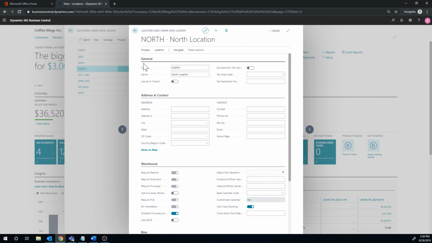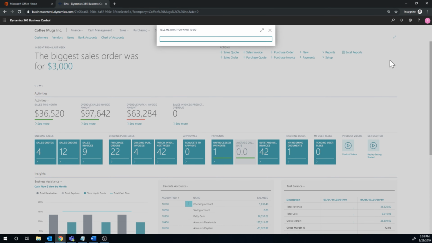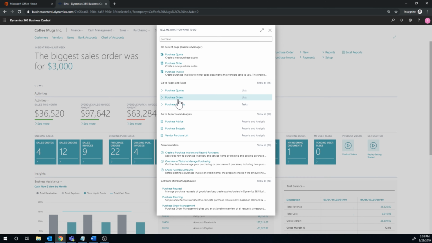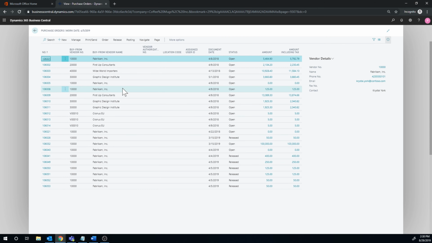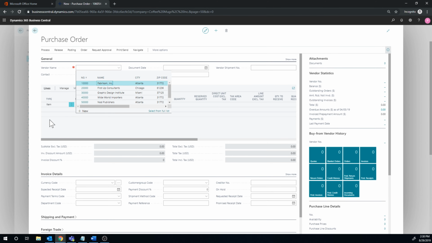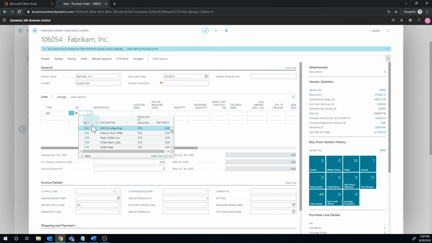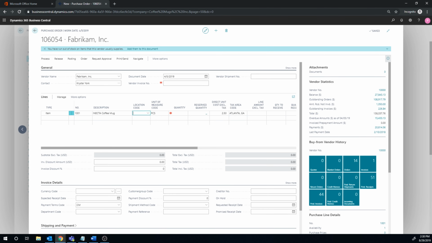So if I go ahead and create a purchase order and do a put away now, according to this setup. So let's do a purchase order right here. And I'm hoping that this is getting closer to a realistic example where you're managing your warehouse. So this is kind of one scenario of that. And I'm going to receive the inecta coffee mug